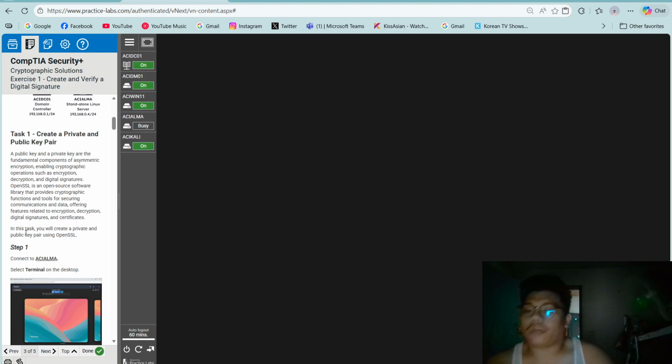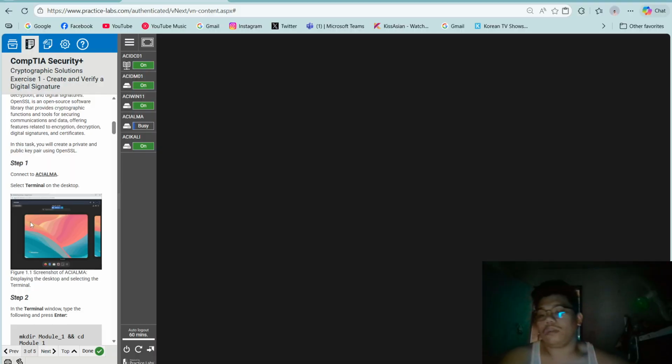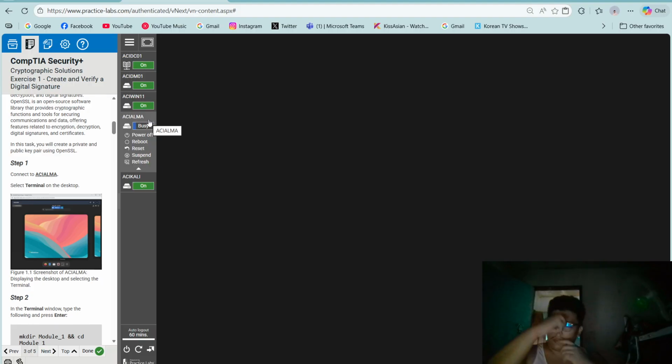In this task, you will create a private and public key pair using OpenSSL. So step 1, connect to ACI ALMA. So click this. Then once it gets open, let's just wait.